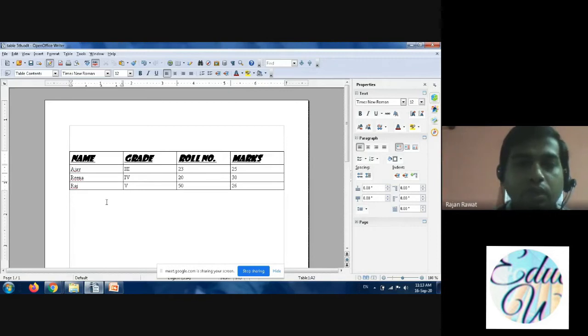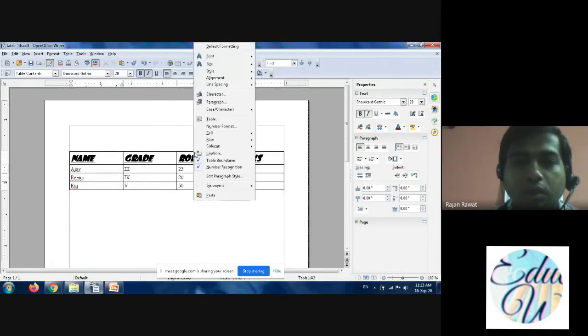Now, student, we have to understand how to delete or insert the column. You have to select any one of the columns that you want to delete or insert. First of all, we will perform inserting of column. So I want to insert near roll number. There you have to keep your cursor and press the right button of the mouse. You will get this box. Then you have to select column, and the same way you will have an option of insert. You have to click on insert.